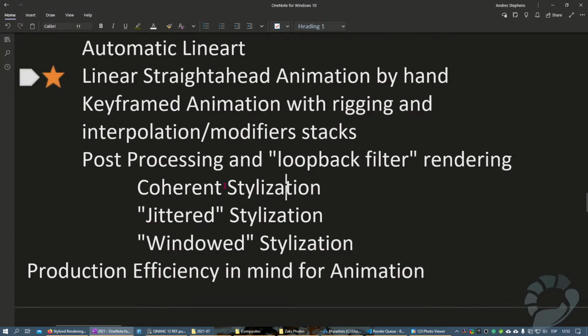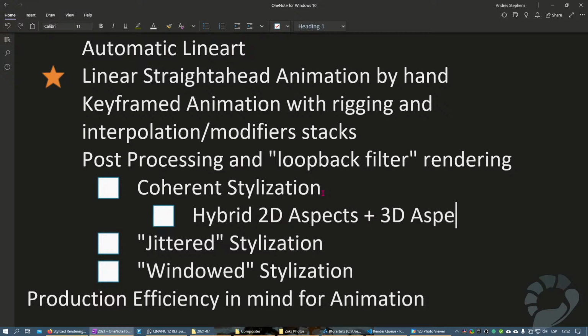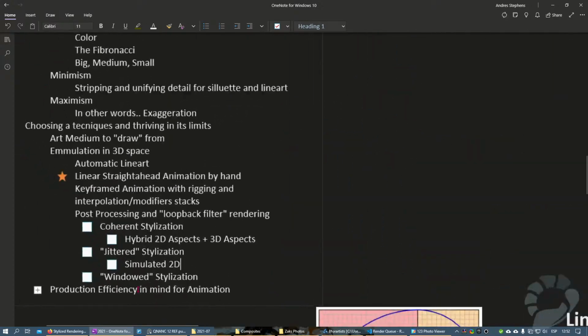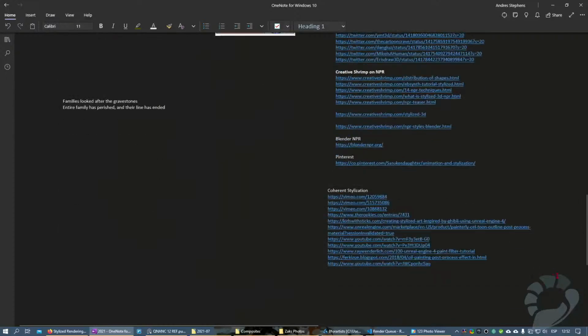Here it is, coherent stylization. Coherent stylization is a hybrid. Okay, so this is a hybrid of styles, which requires 2D aspects plus 3D aspects mixed together, all right? And then we have jitter stylization, which is basically just simulated 2D. And then we have windowed stylization, which is kind of like a 3D aspect with a filter, pretty much. So when you talk about coherent stylization,